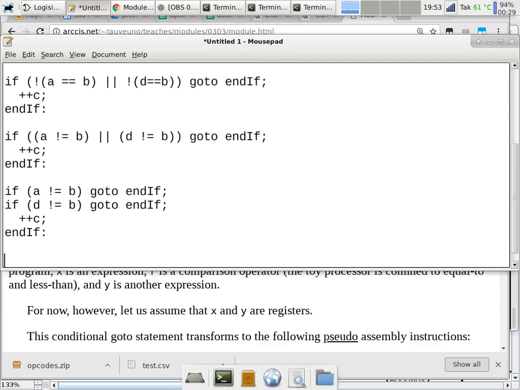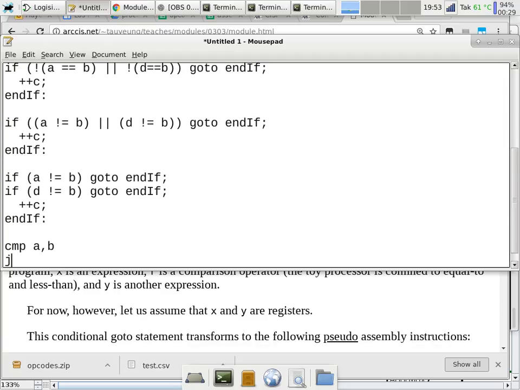But now we can try to convert it into assembly code, because it is simple enough, because every single condition is now a single comparison. So the assembly code is compare A B. We cannot avoid this one, we have to do a compare first. But because the toy processor does not have the negated test, in other words, it cannot branch if and only if the Z flag is a 0,